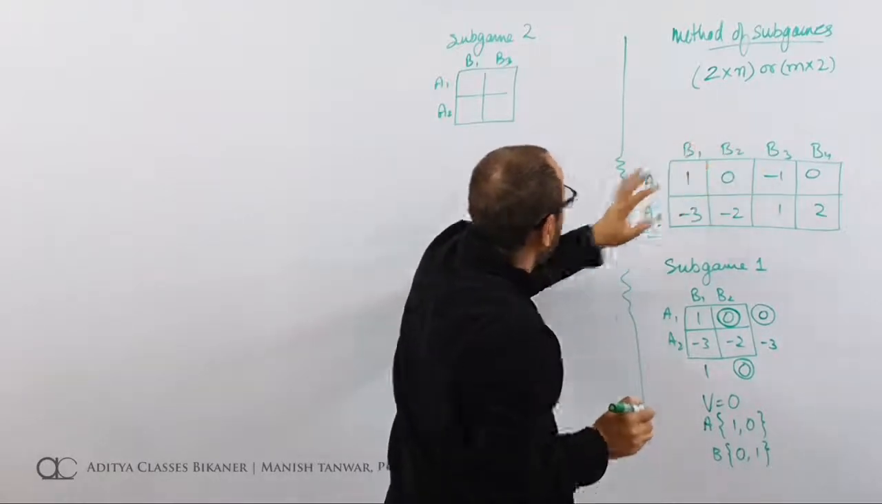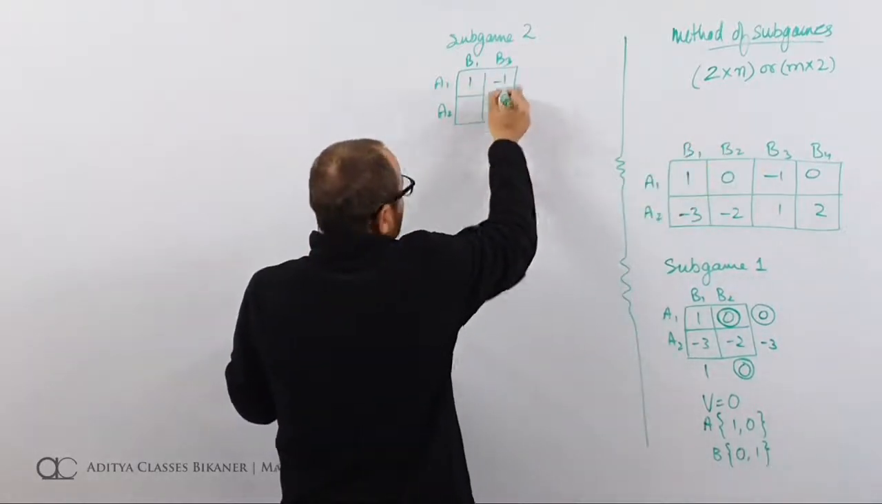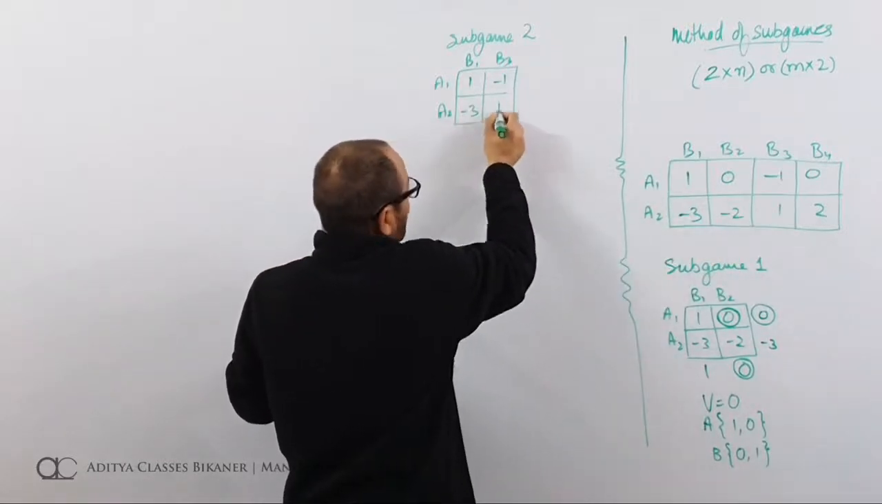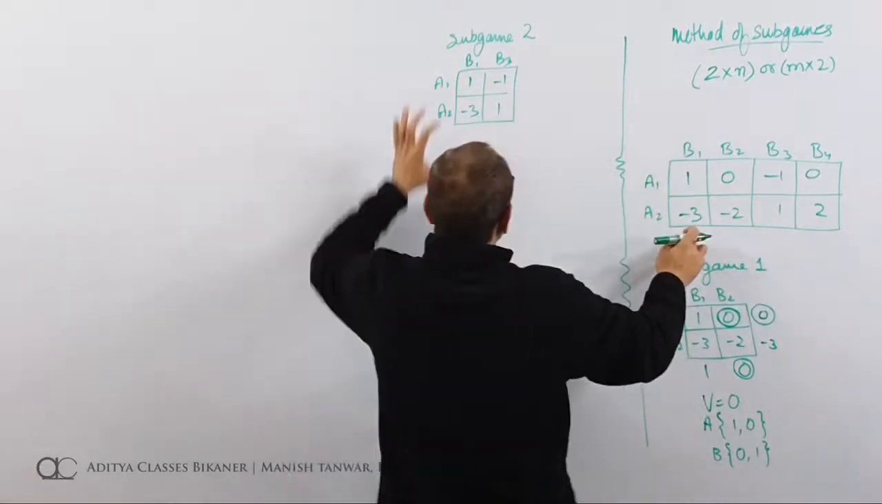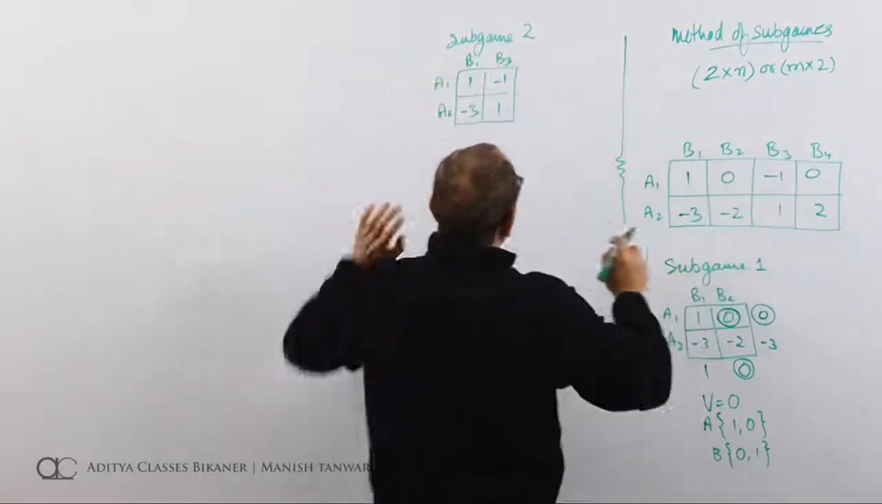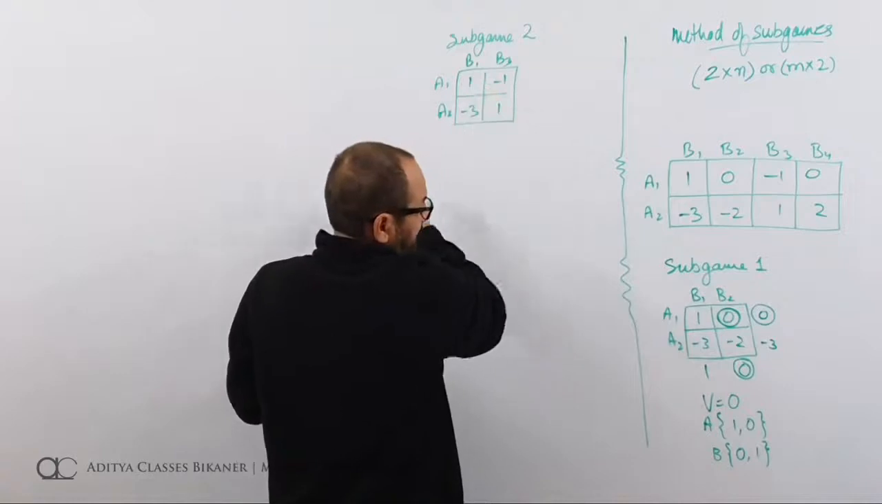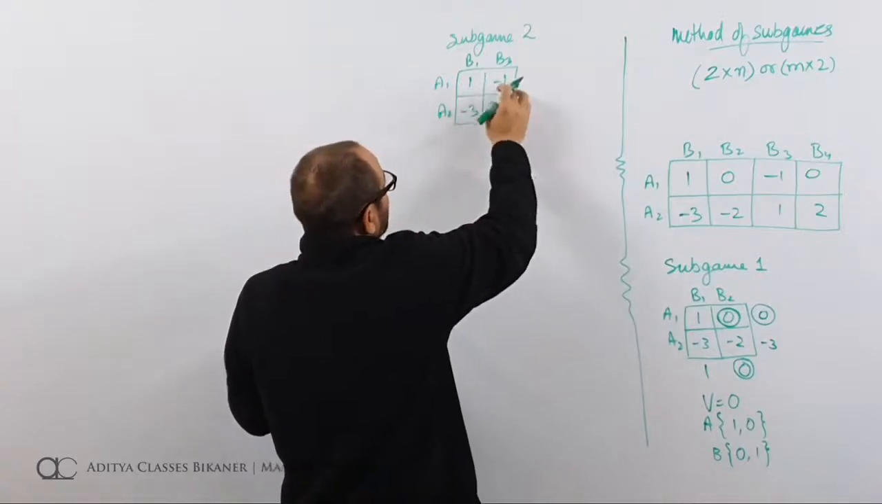B1 and B3. So 1 and minus 1. Minus 3 and 1. We have 1 minus 3, that is B1. Then we have B3. Now let us check if it is a stable game. How do we check if it is a stable game? We get minimum,